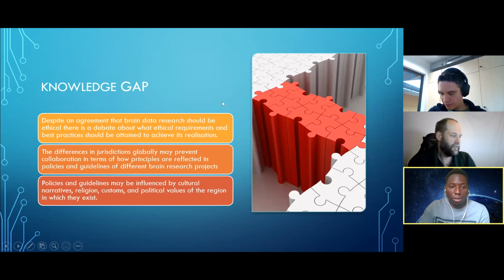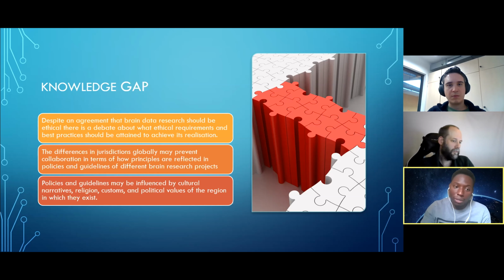So the knowledge gap here is that despite an agreement that research should be ethical, there is still a debate about what ethical requirements and best practices should be attained to achieve its realization and to achieve collaboration. The differences in these jurisdictions globally may prevent collaboration in terms of how ethical principles are reflected in their policies.